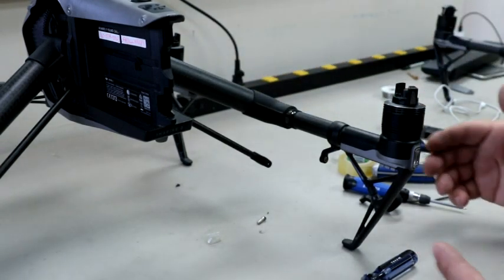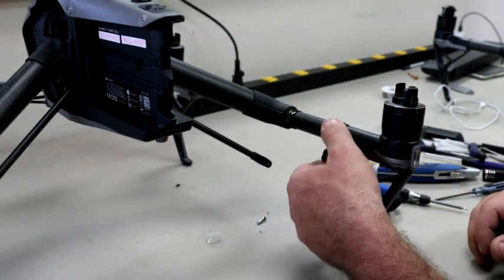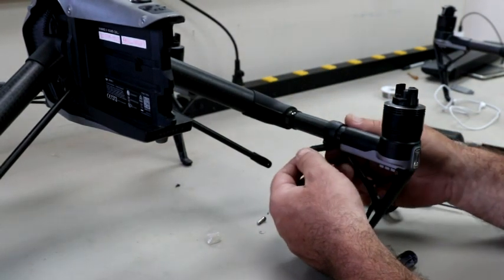And if it happens again, just go in there and tighten them up. So the one thing that we want to do now,